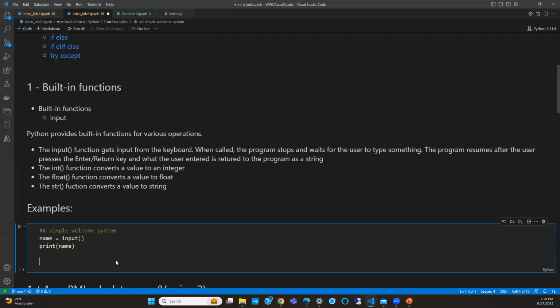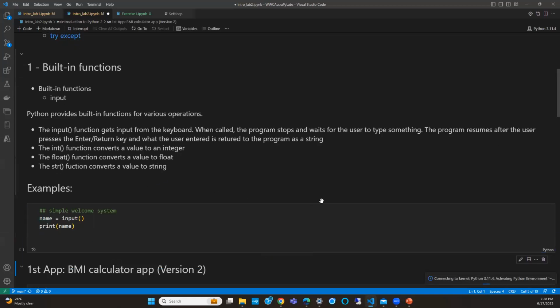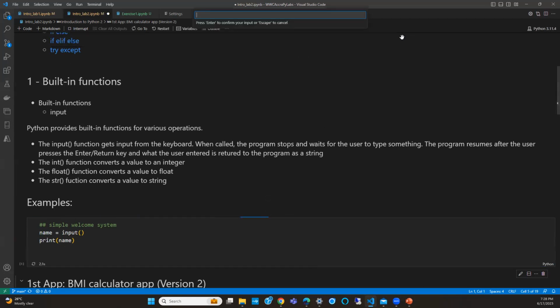So let's run this. Okay, can you see the text box up here? I hope you can all see it, right? So this is where I expect the input. So that's where I'm supposed to type in my input. Okay, and the program has halted.